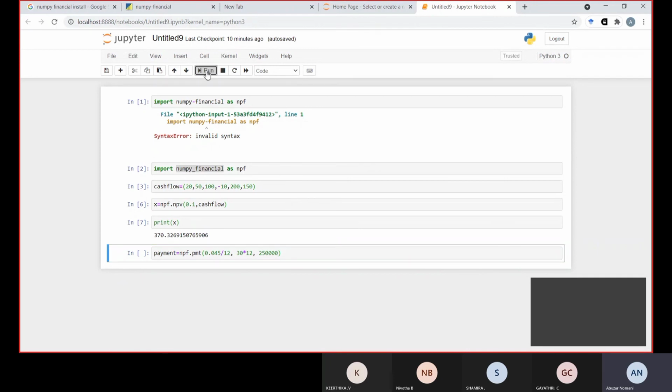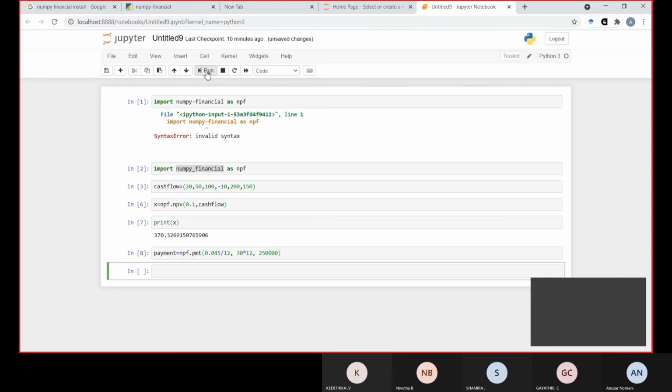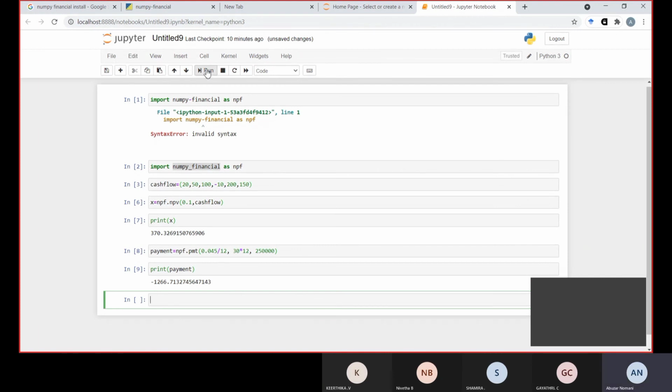If you run this, you have to make a payment of 1,266 rupees 0.71.